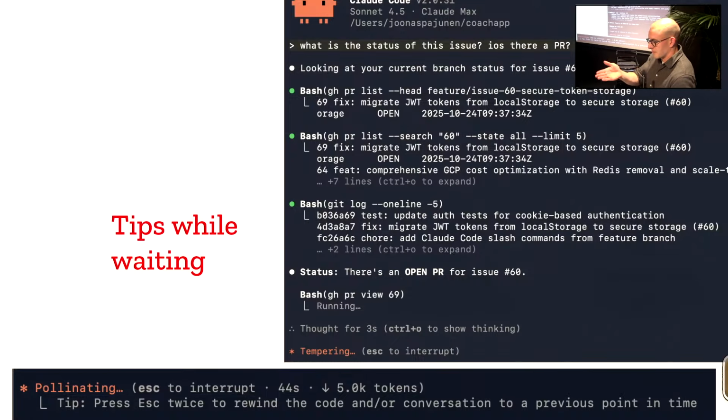It says press Control O to show what it's actually doing in a verbose mode, so you can have a very detailed view of what's going on inside the agent structure. Then in the bottom here, it's giving you different kinds of tips: press Esc twice to rewind the code and the conversation to a previous point in time.